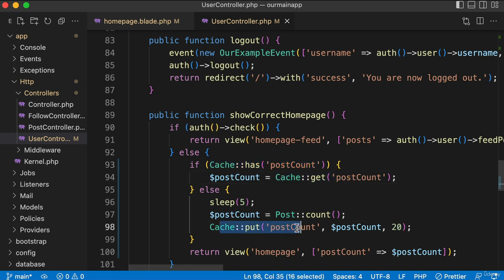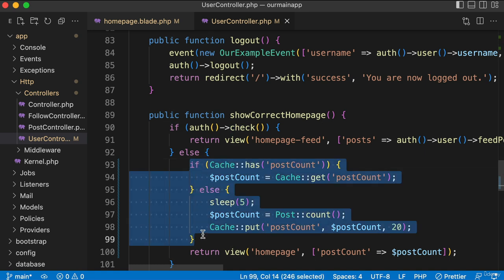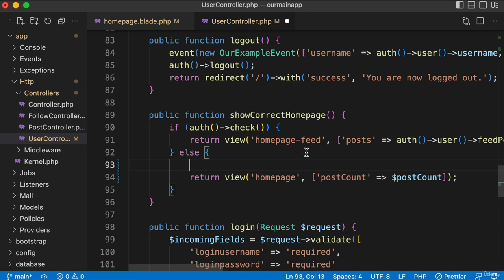That works, but Laravel can make our lives a lot easier. Laravel has a function on the Cache facade named remember that is for this exact purpose. So check this out. I'm actually going to delete this entire if-else block for the cache, and instead we can literally just say $postCount = Cache::remember();